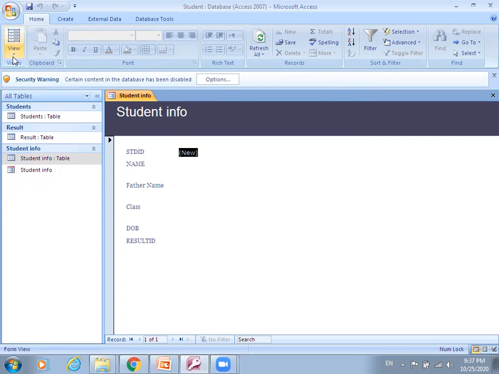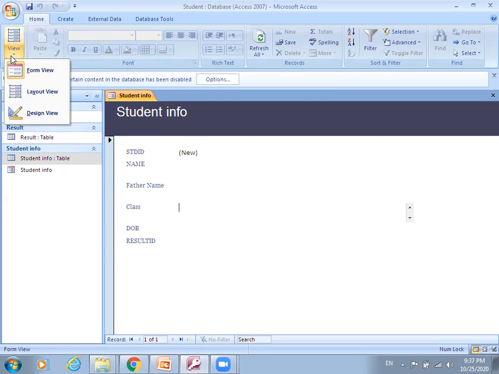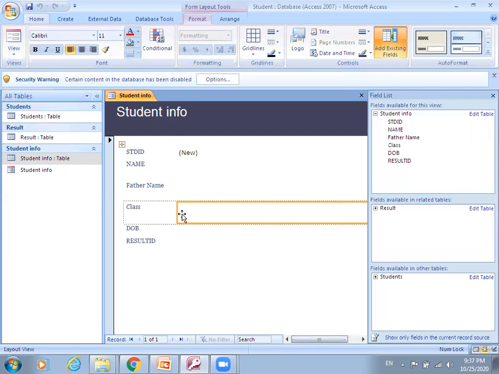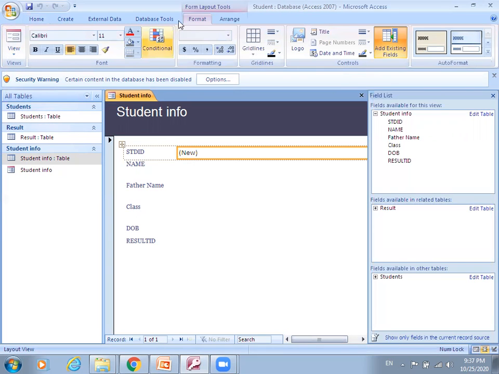Here on the top right side of your toolbar, you can view the form view, layout view, and design view. Three views are available. This is the form view, where the user can interact and enter the information. So here you can enter the name, father name, class, and so on. You can navigate the records like this. And then in layout view, you can choose the layout. You can assign different options. You can change the layout of your form